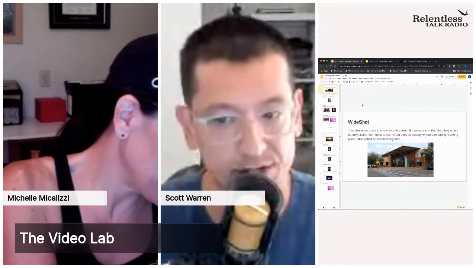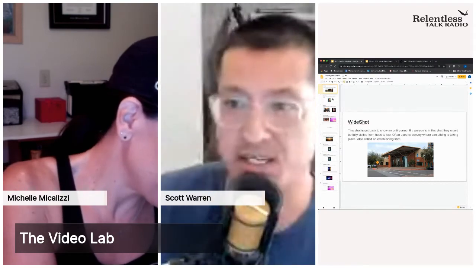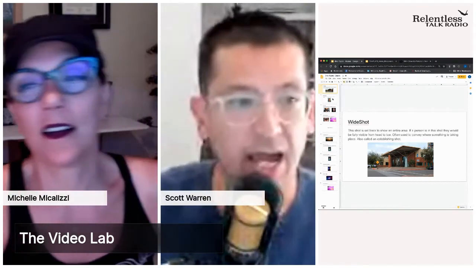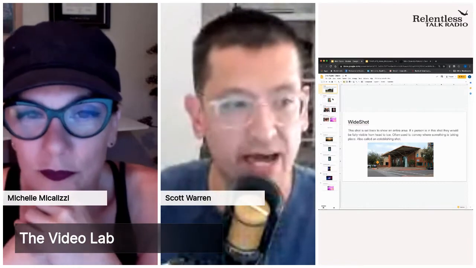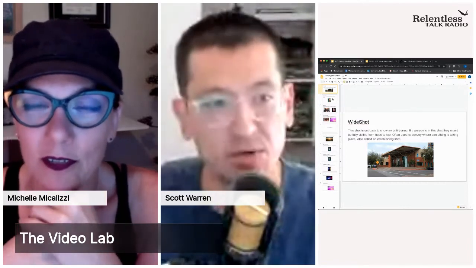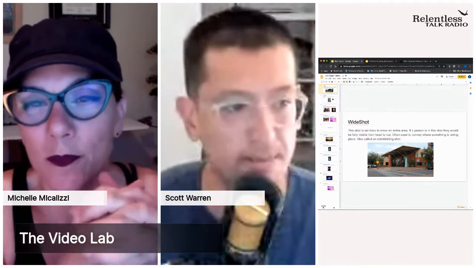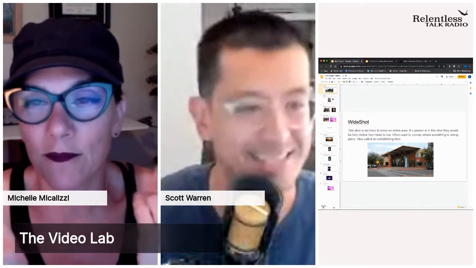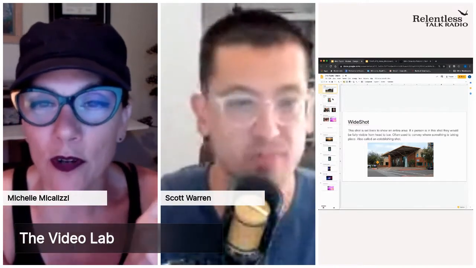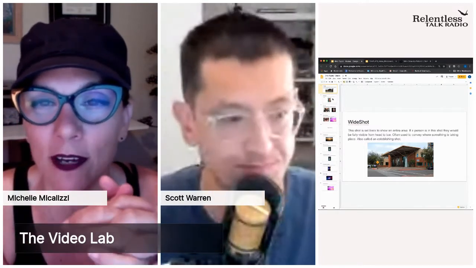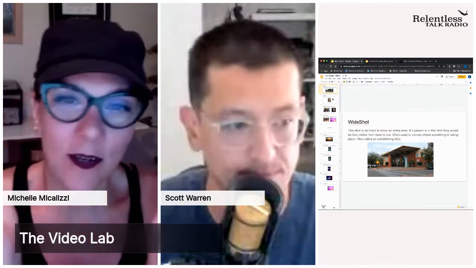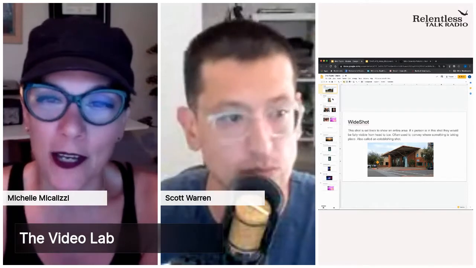That's your wide shot. Whether it's a building or someone taking a hike up a mountain, you want a wide shot of the mountain, and maybe you can see the person on the trail. If you're a business owner with a brick and mortar, you want a wide shot of your building. And if you have trucks out in the field, you want to see a truck in front of a house. If you're a landscaping company, same kind of deal, right? You want to show a bunch of.